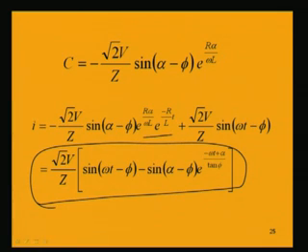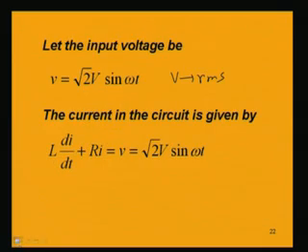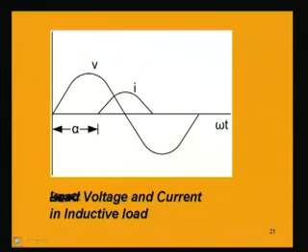because of this exponential term the current in the inductance will be falling very slowly. It is not immediately falling to 0, and depending upon the R and L, the time constant of the inductive circuit, the falling of the current will take place. If the time constant is high in comparison with the input cycle period, then